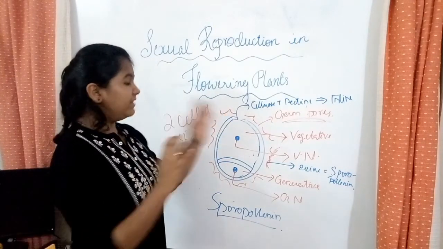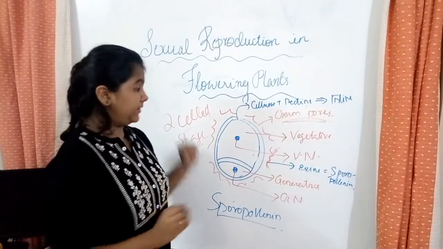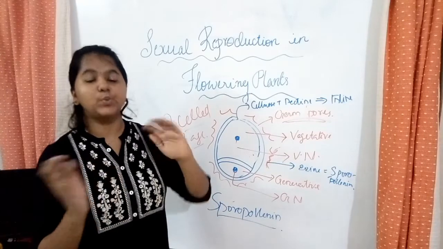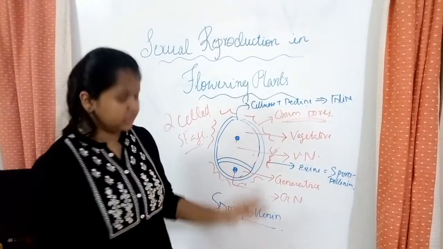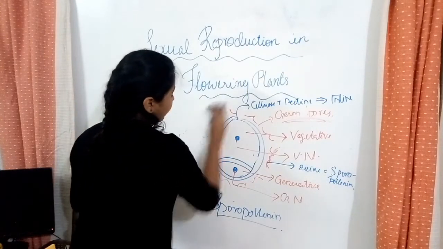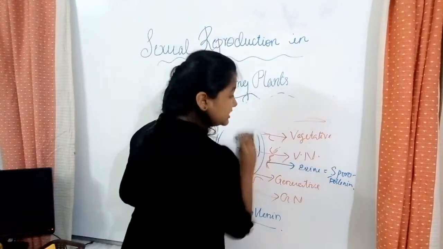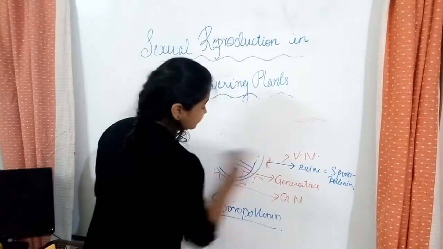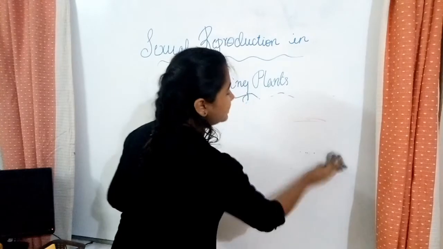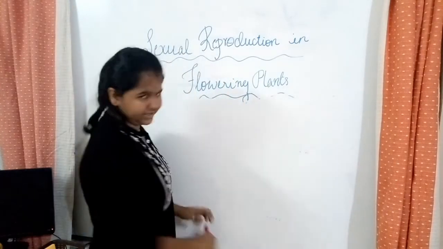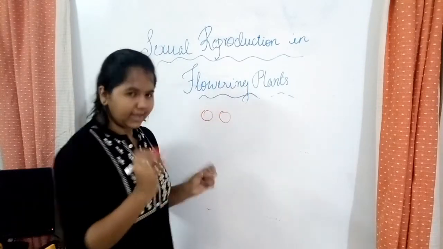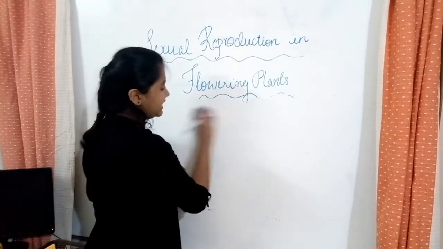Over here there is also something that's going to happen. Without the formation of gametes, you can't say that the pollen grains would undergo sexual reproduction. So there should be gametes, no? Now we learn how gametes are formed. I told you there are two cells, the vegetative cell and the generative cell. The smaller one is the generative cell. The generative cell undergoes mitosis and splits into two to form the two gametes. So what happens to the whole?